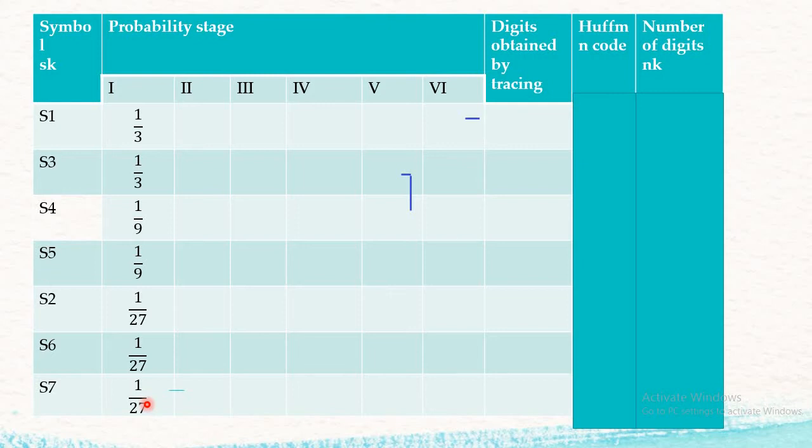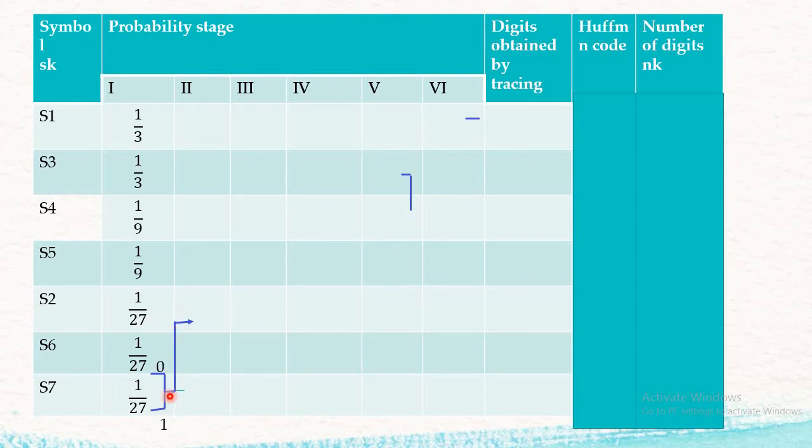Now we have to adjust the 2/27 in the list such that the decreasing order is maintained. So that's what we are doing over here. We are just considering these two values. One thing is very important: the last value is assigned digit 1 and the value above it is assigned digit 0, and we have taken their addition. So after adding, we get the answer 2/27.